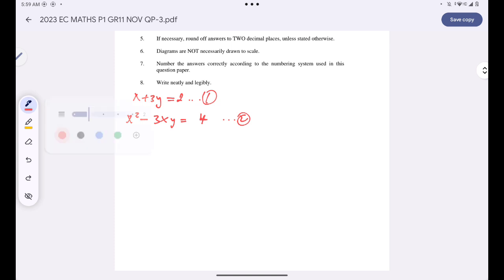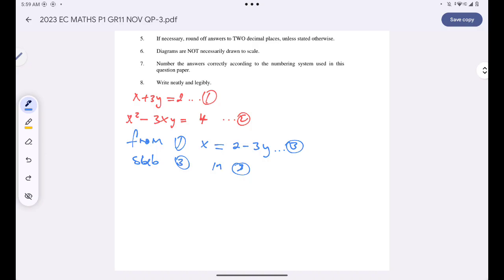of the formula. So basically, from the first equation I can simply say x is equal to 2 minus 3y. By doing that, I'm forming equation 3. Are you together? So now I must substitute equation 3 in equation 2, which simply means whenever I come across x, I substitute 2 minus 3y. Are you together? So I do have x squared over there,